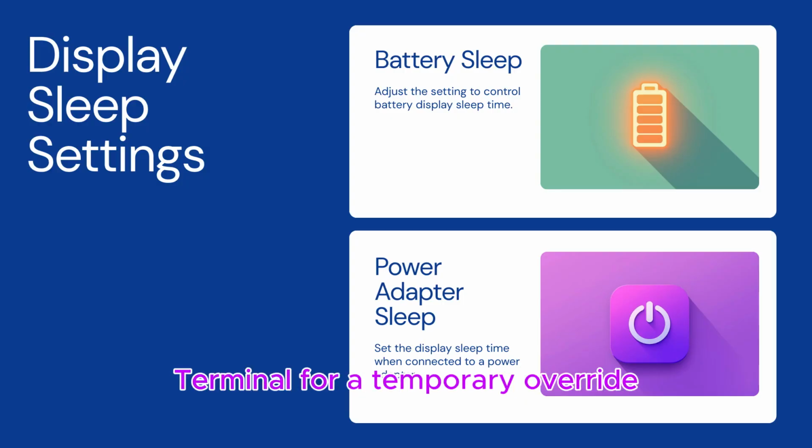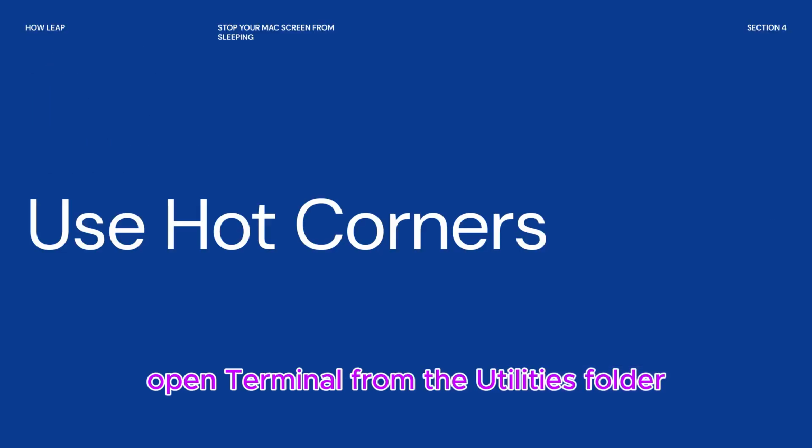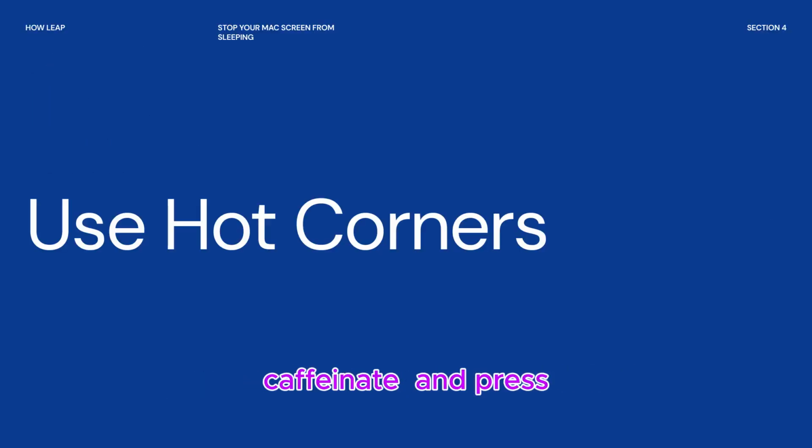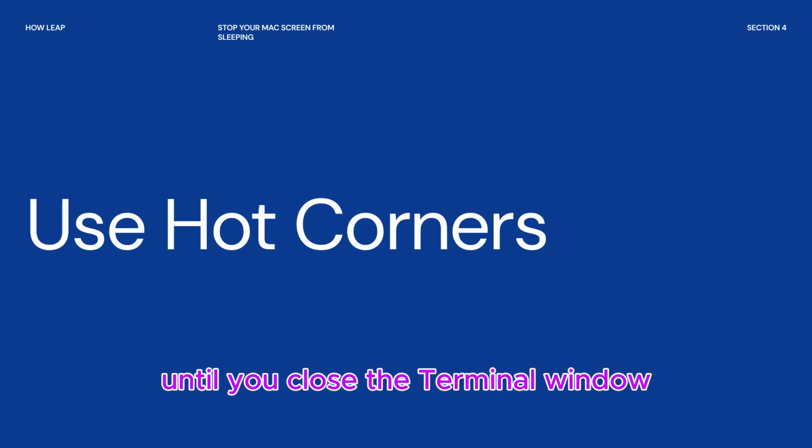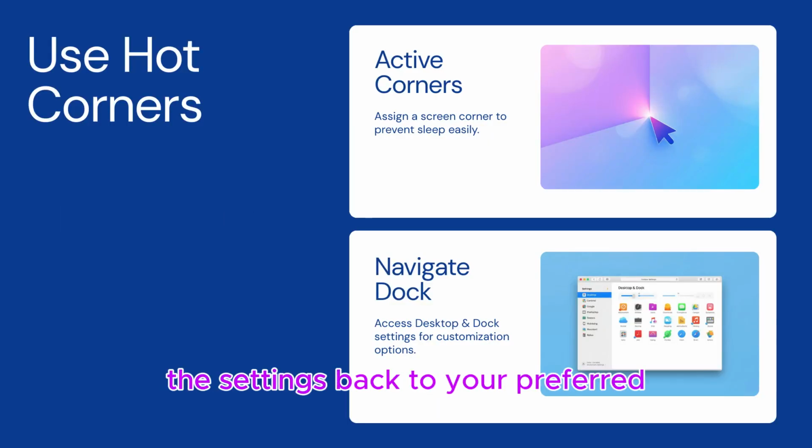Additionally, you can use the terminal for a temporary override. Open Terminal from the Utilities folder and type the command caffeinate and press Enter to keep your Mac awake until you close the terminal window. To revert, simply change the settings back to your